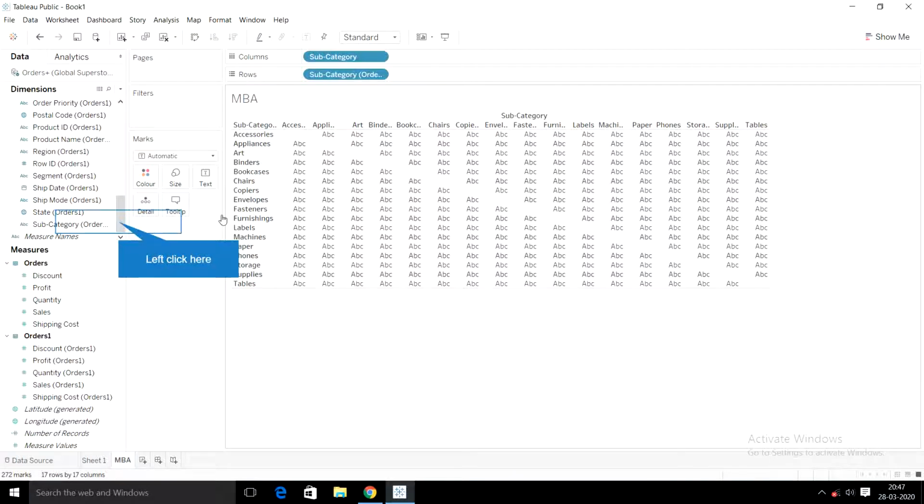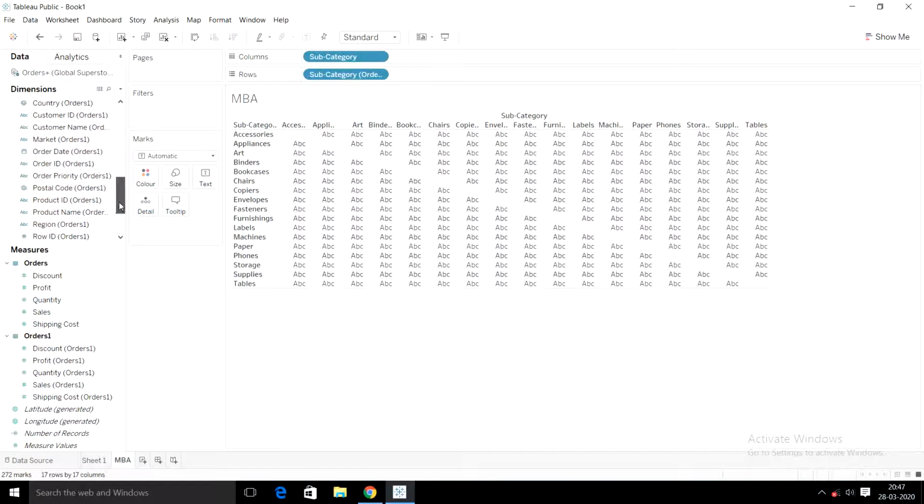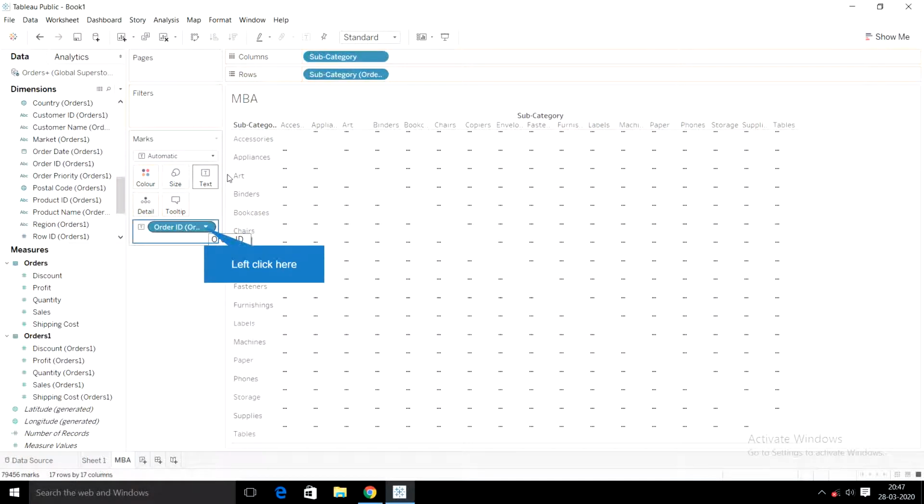Now we need to identify how many times these combinations of products are being purchased. To know that, I am selecting the product ID. Based on product ID, we are going to identify that. So drag this product ID and put it into text. The data is getting processed. Yes, we are getting an output like this.